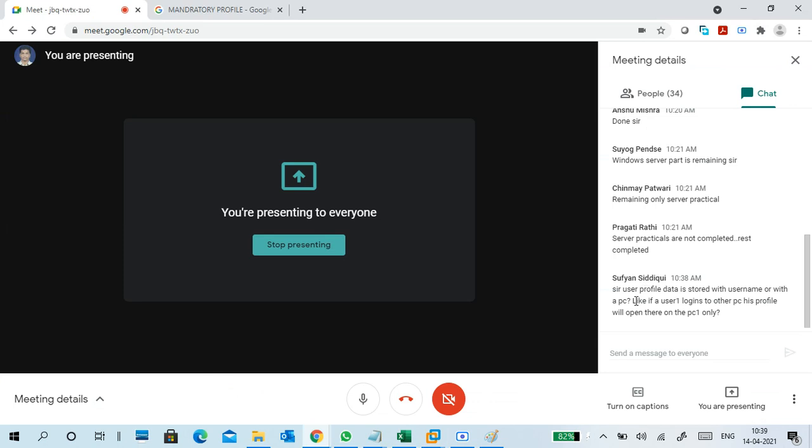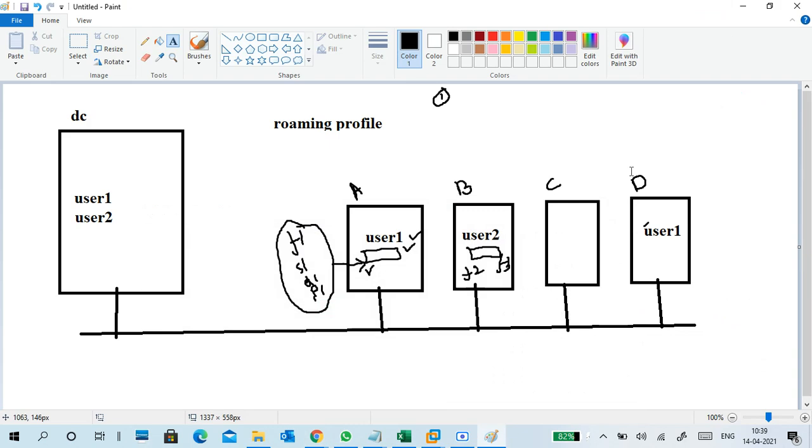Second question: if user one logs into another PC, will his profile open there as on PC one? Okay, so user one logs into PCD.